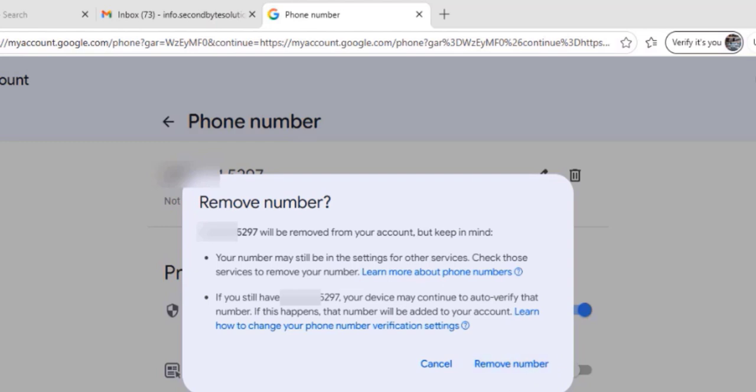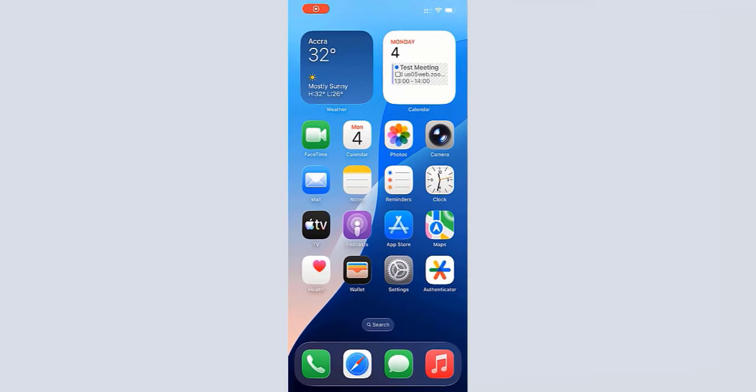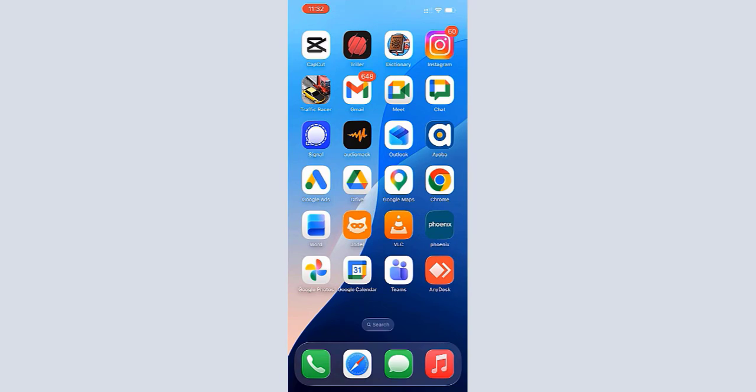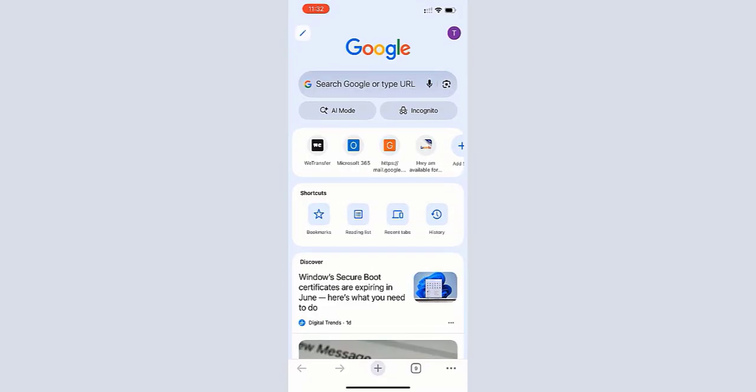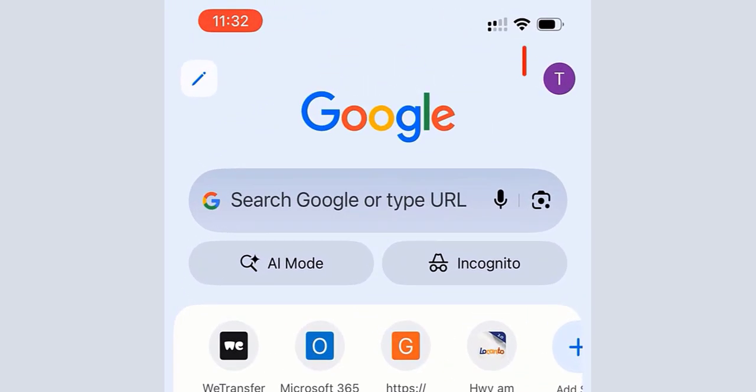So now let's look at how you can do it on an iPhone. It should work, like I said, on any Android phone as well. So on this phone, I'm going to open the Google Chrome browser with my account already signed in, and again